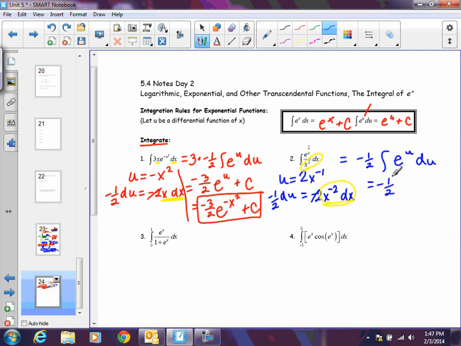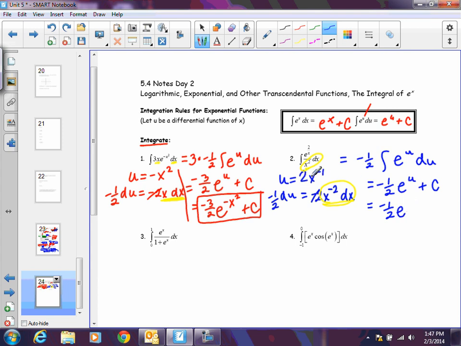Now I just got to integrate e to the u. Remember, we integrate e to the u as e to the u. You don't need to add 1 to the power or anything. E to the x, e to the u, they're different. They kind of follow their own set of rules. And that's because e is a number. It's not a variable. And then we just go back, and in place of u, we go ahead and write